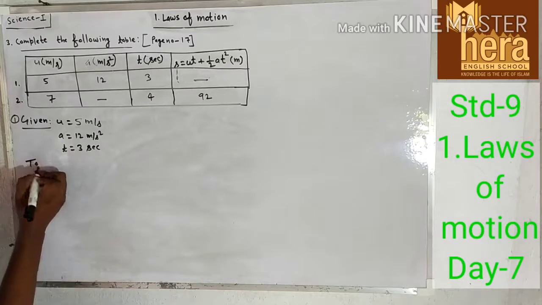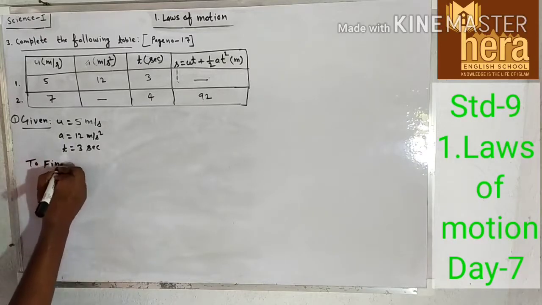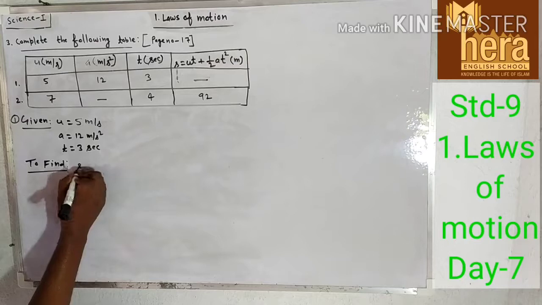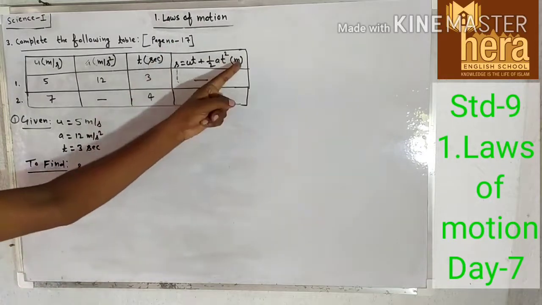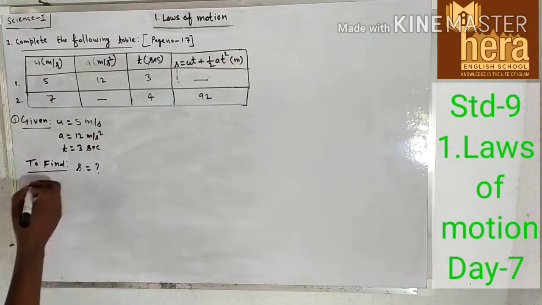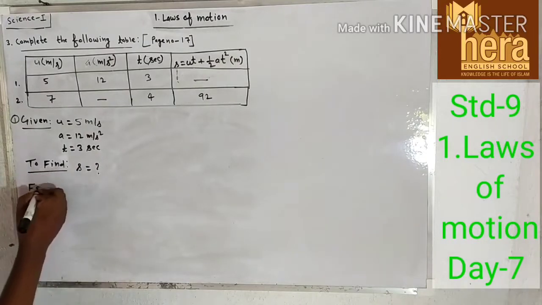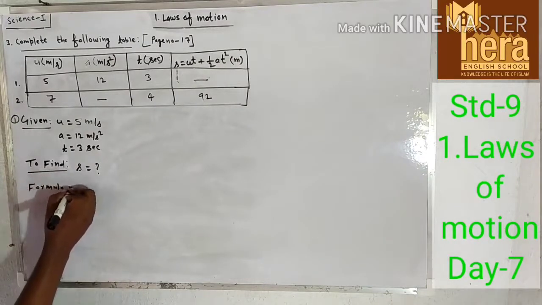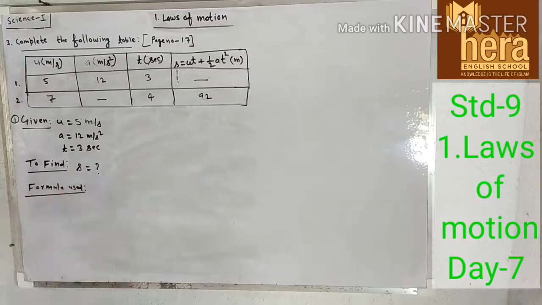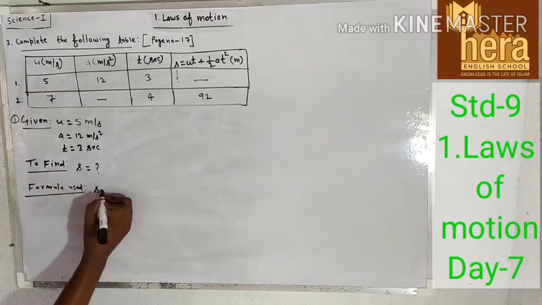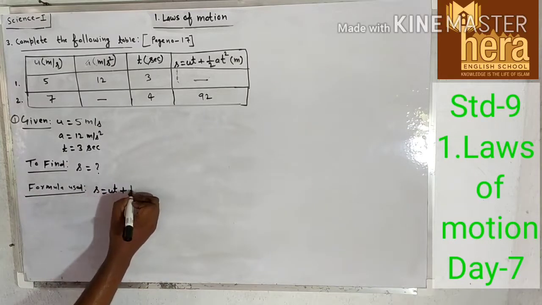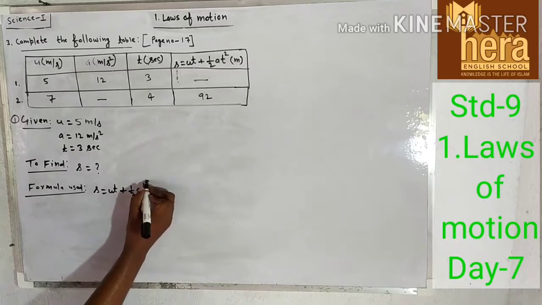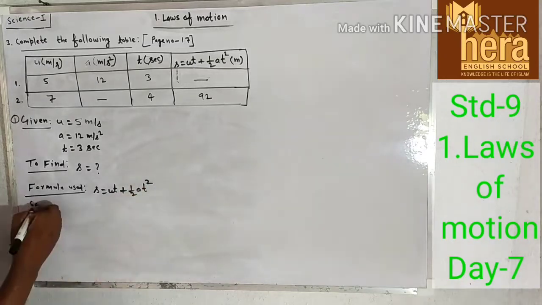To find, S is equal to question mark. We have to find the value of S. S is the displacement and its SI unit is meter. In formula used, S is equal to ut plus half at square. Then solution,